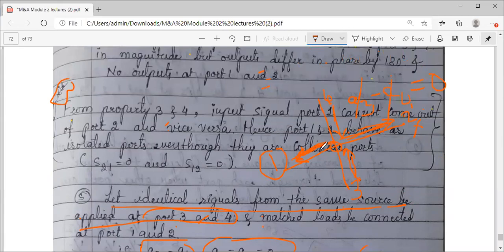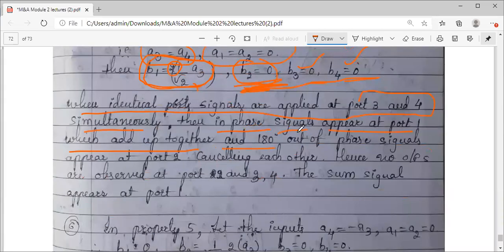No doubt, you already know that, because you are applying the input there. So the remaining 2 ports are 1 and 2. In the first port the in phase components of the signal are entering, so they add up. In port 2 the out of phase component, the 180 degrees phase shift component, enters port 2, hence they cancel, so the value is 0. So you can see the in phase signal appears at port 1, they add up, and the 180 degrees out of phase components of the signal appear at port 2. So at port 2 they cancel each other and we get 0, right? And we observe that for B2, B3, B4, there is no output observed at port 2, 3 and 4. So this is your fifth property.